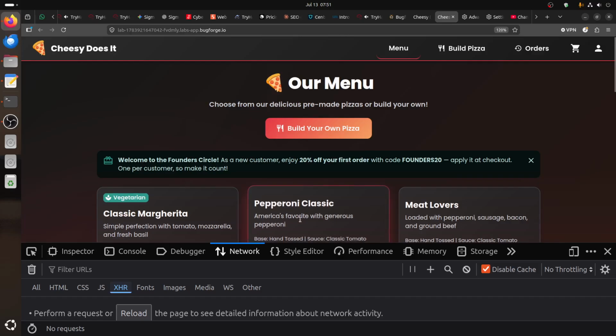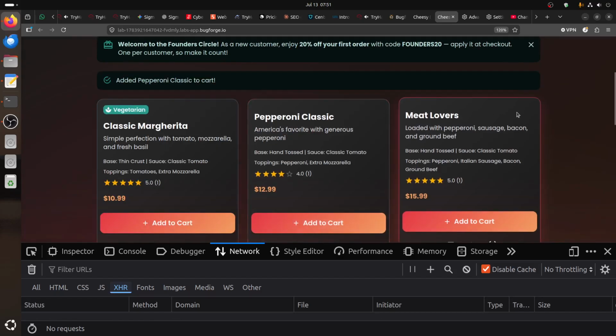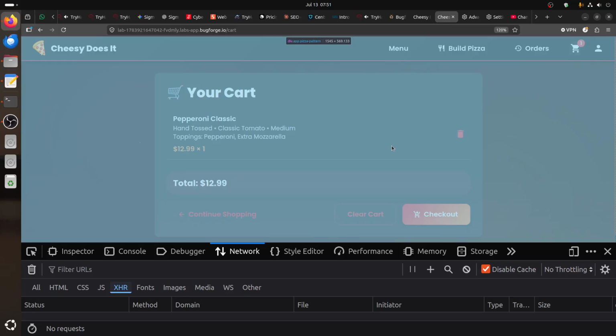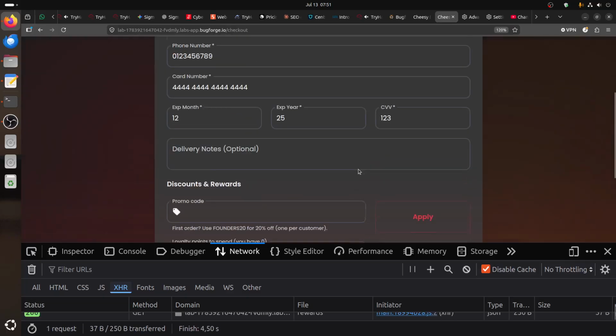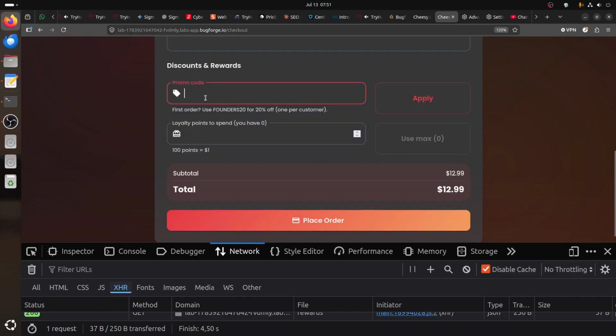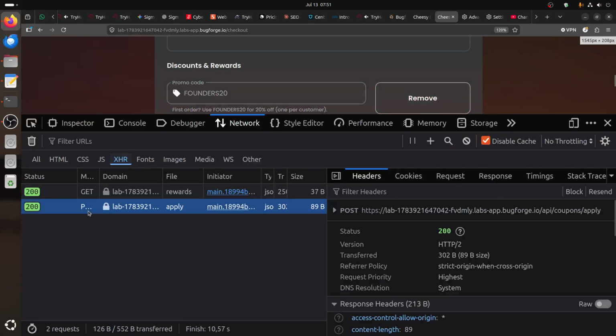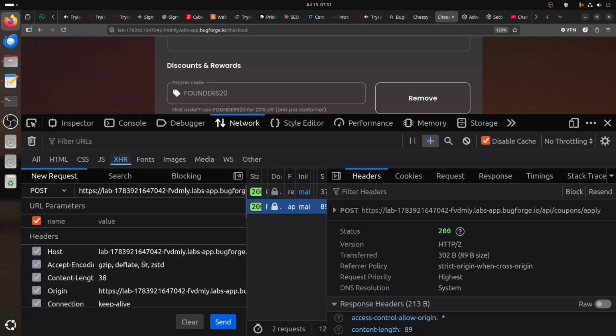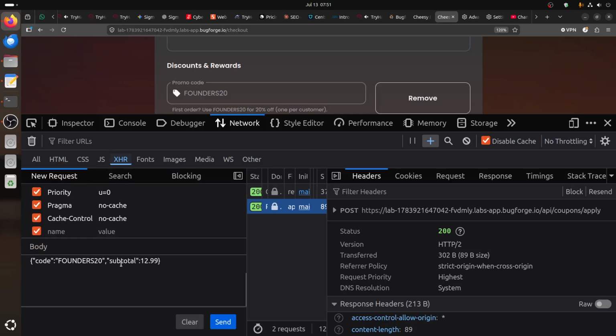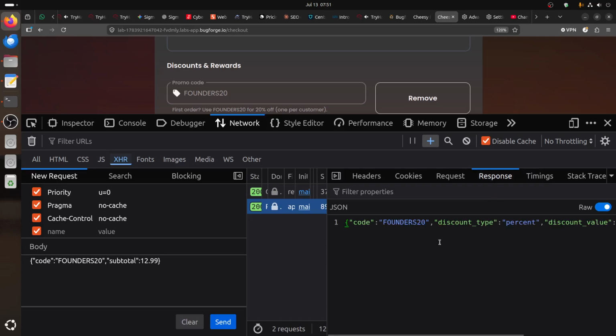So if I do an order now and follow the steps as a normal app, you have a checkout. You do the checkout, you have a promo code here, so it tells you apply. If I apply there, what exactly do I have? A POST request. It sends that one, response, type person, discount. If you send again, it will tell you